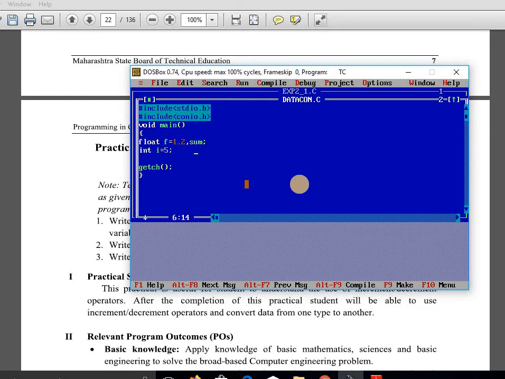And suppose here we want to add these two numbers. Suppose sum equal to, here we can't write like f plus i.